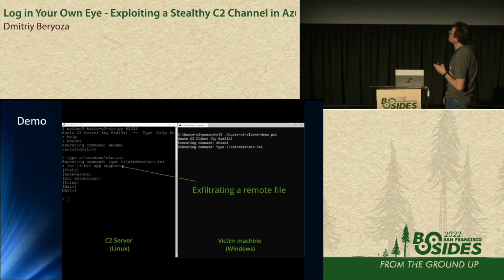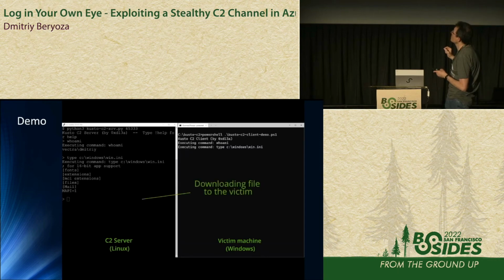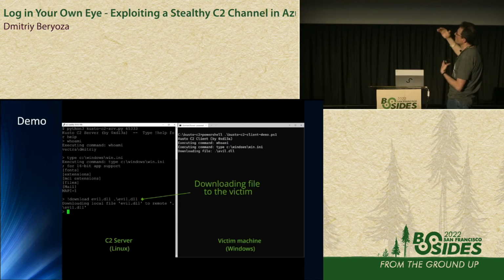And finally, we'll download malware from the server to the client. Let's just give it a second. We say we need another DLL that contains some other malicious stuff. And because of GET responses, the size is not unlimited, but you can transfer significant chunks of information. The download to the client goes very, very quickly. So this is how it looks in action.